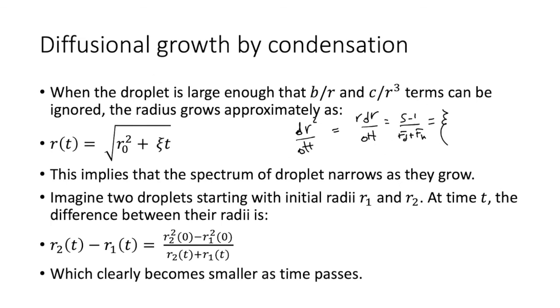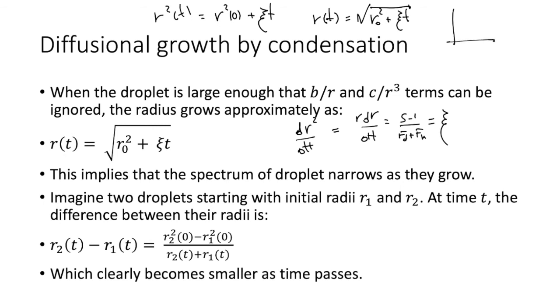And so we can integrate this, and this would give us r squared as a function of t will be some constant, which is r0 squared, plus psi times time. Because psi, we said, is kind of constant, it's kind of linear. And so the radius is now the square root of r0 squared plus psi t,